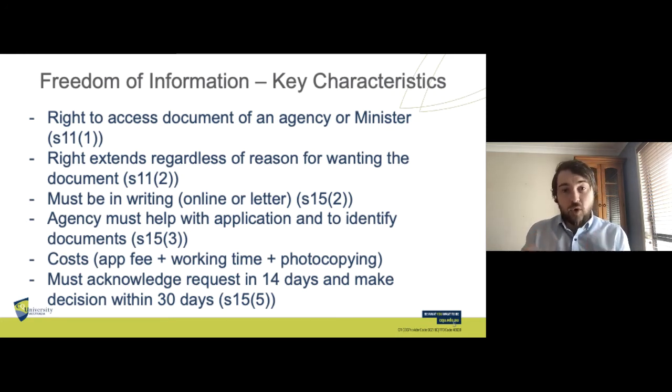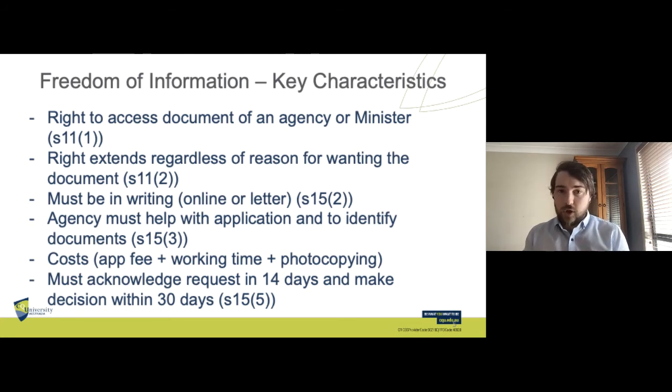In terms of form, the request must be in writing, although that can be electronic online. So for example, in an email, or it can be in a hard copy in a letter. What's also really important is that the agency itself has to help with the application. So the application itself, if it isn't quite worded in the correct manner or if it isn't quite expressed in the right terms, the agency can't just say, well, you didn't meet the requirements, see you later. They actually have to actively help the applicant make a proper application. And they also have to help the applicant